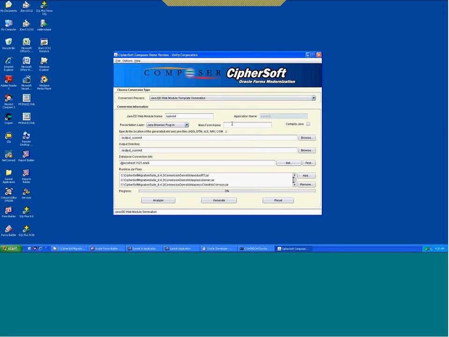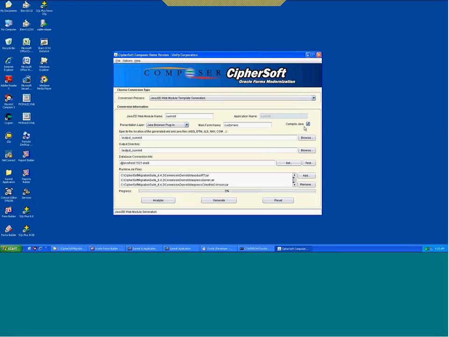Creating the WAR file, the first thing you have to give is the name of the main form. Most Oracle applications have a main form that drives the rest of the application, and the first thing the user sees is the main form. In this case, the main form is called customers. You also have an option to compile the converted Java code right here in the conversion, or you can do it later by setting up JDeveloper or any of the IDEs and compiling the converted Java code there. So I just put compile Java, and in this case it would compile